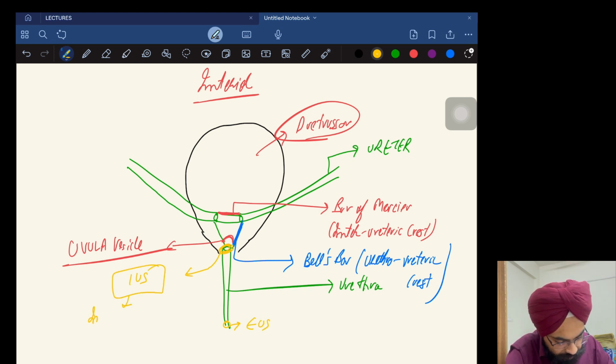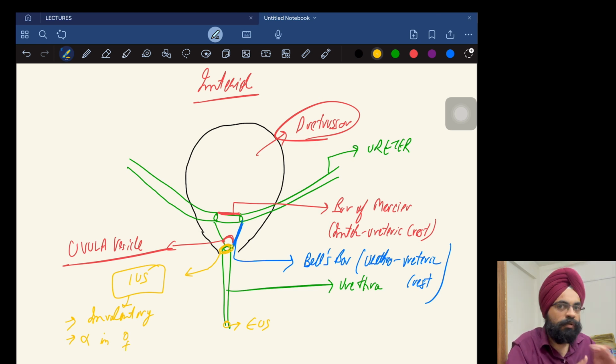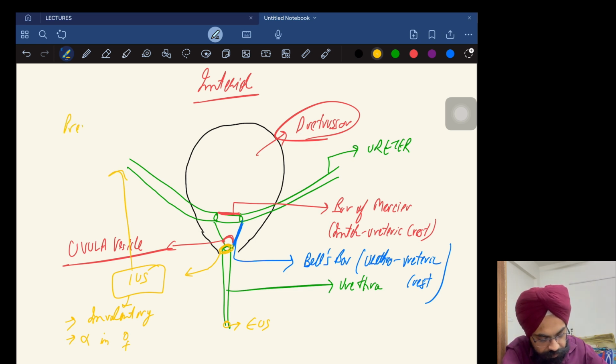Internal urethral sphincter is involuntary. It is even absent in females. So it is present only in males. So it must have some role in males. It prevents retrograde ejaculation. So what happens is